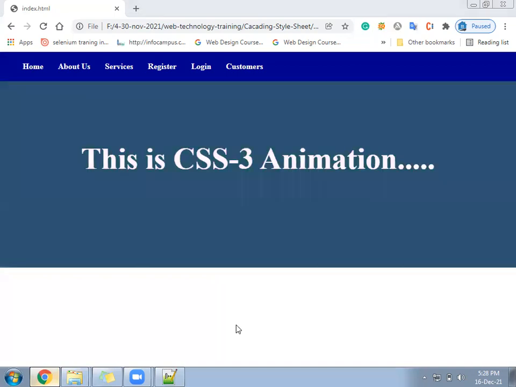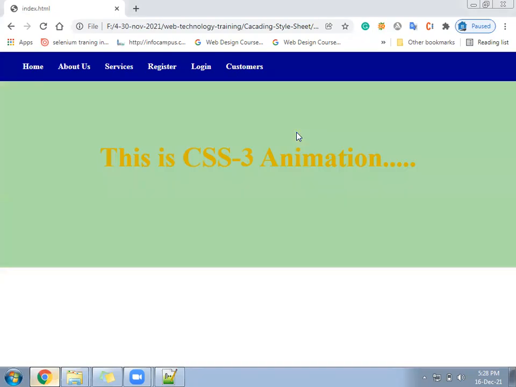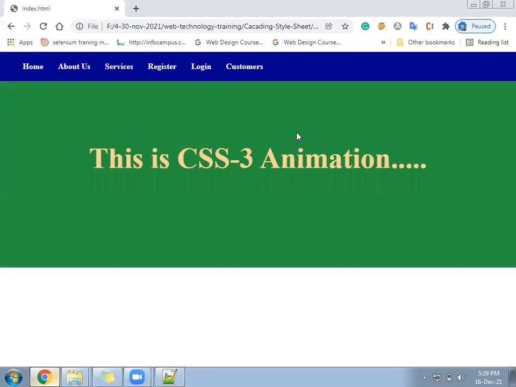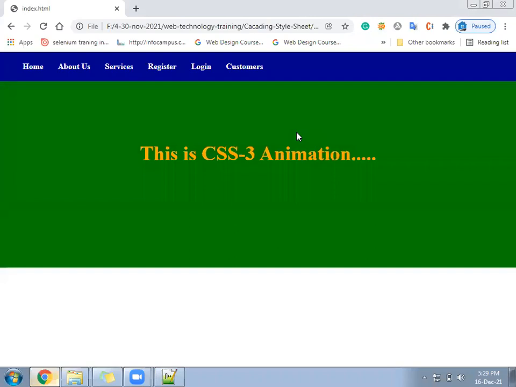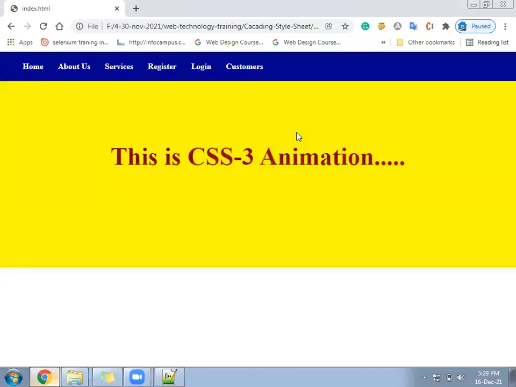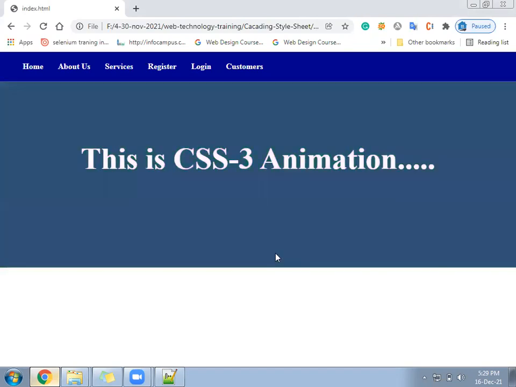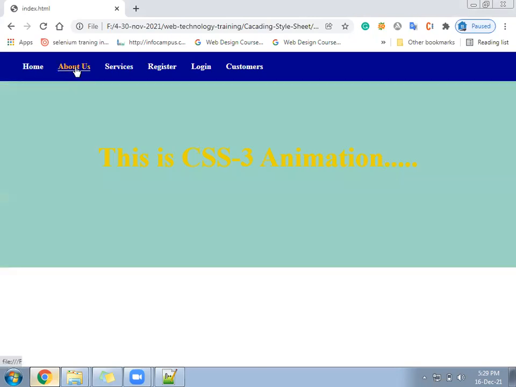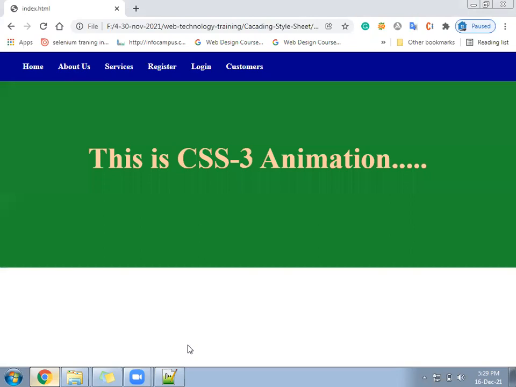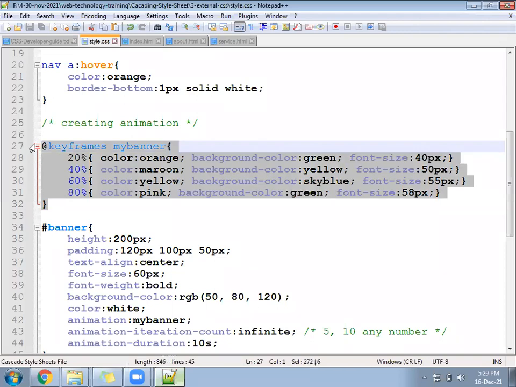Animation is working. This is the text plus background. We can create one more animation. There we can use the image. Background is a text as of now. There the background will be image. Background we can change as an image also. So we can do in the same file or next file. In about us we can do that. Let me share this CSS code. If anyone has error, they can use this.